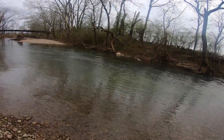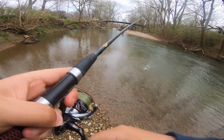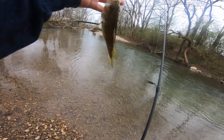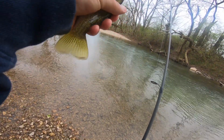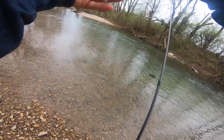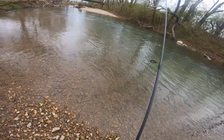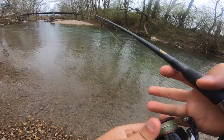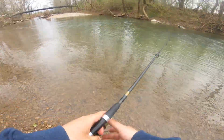Oh, there we go. Jeez. If I catch one more rock bass, I'm done. I'm done with this day. Whoa, whoa, whoa, whoa. There you go, buddy. All right. Seriously, if I catch one more rock bass, I'm done. I swear, if I catch a rock bass on this cast,